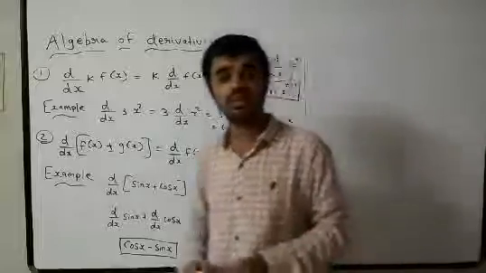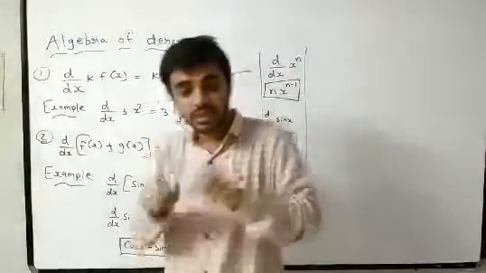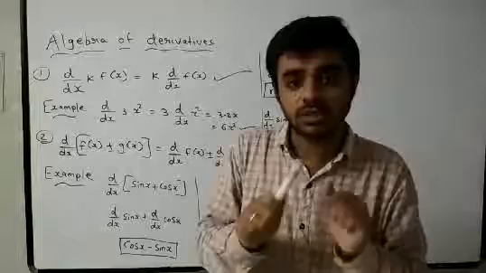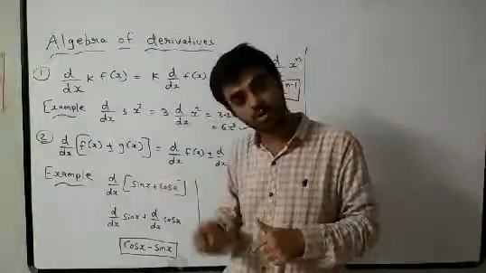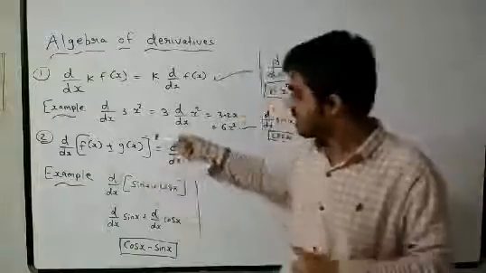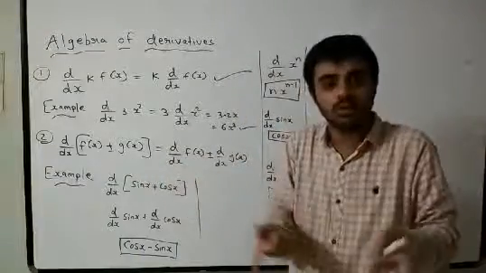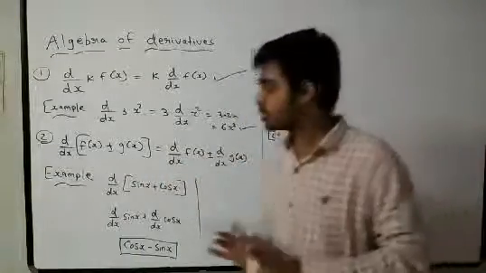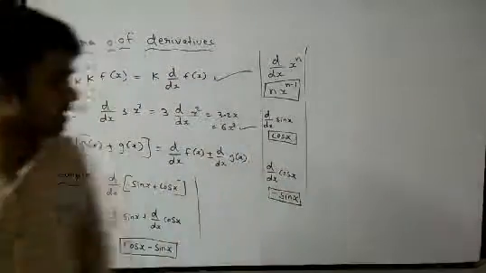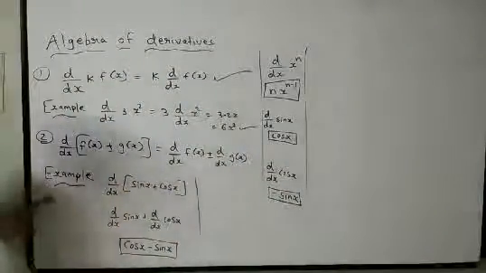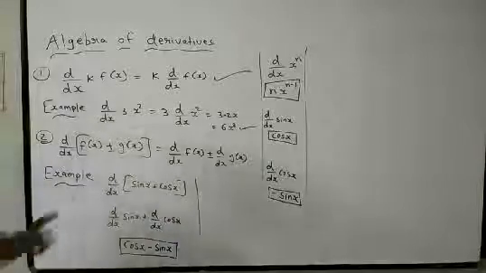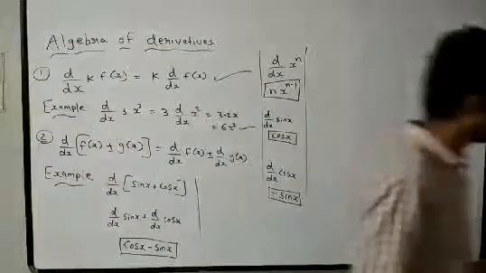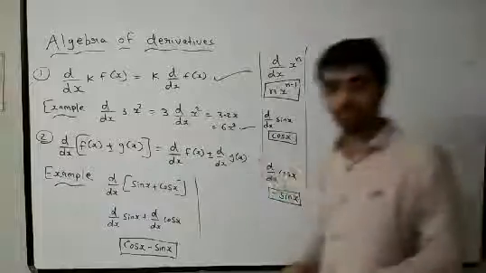Now we will see that if it is in multiply, suppose you have f of x into g of x, then what to do, and f of x divided by g of x, then what to do. So I hope that this first and second everyone understood. So I will be doing now the third one, that is you have to write this in your notebook.